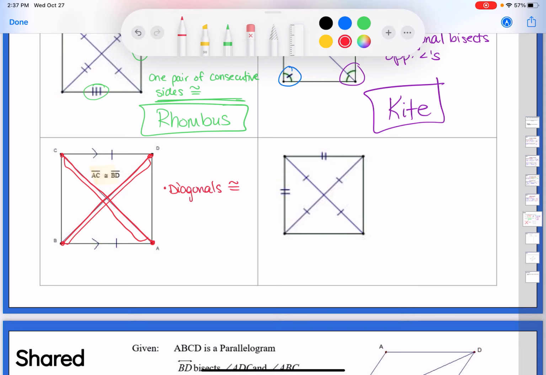And if that was the first thing you notice, be careful, right? Now, diagonals congruent could either be a rectangle or it could be a trapezoid, so we got to look and see what else we have. Let's see, I have